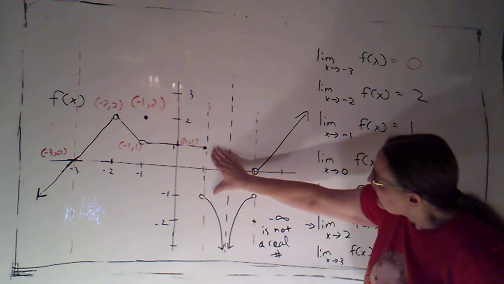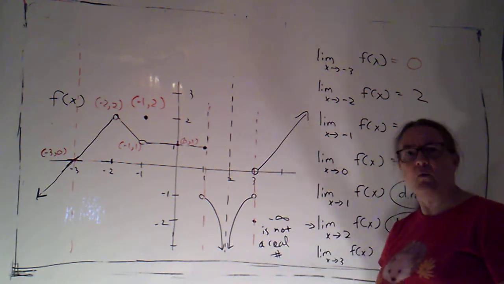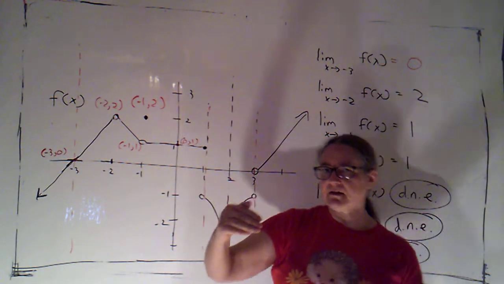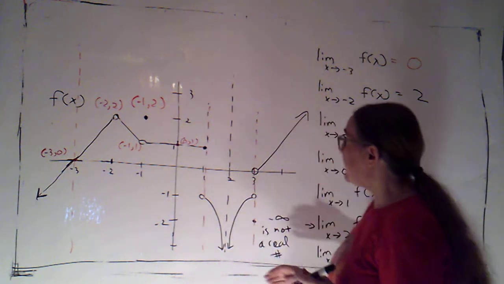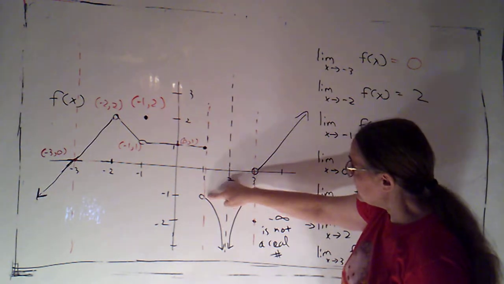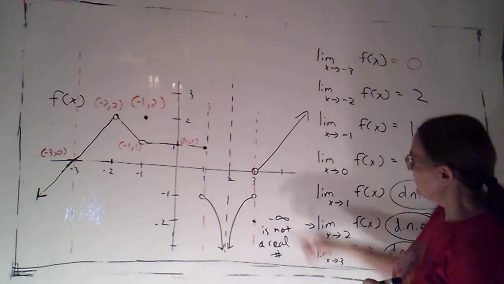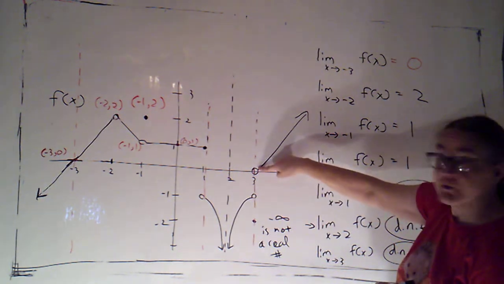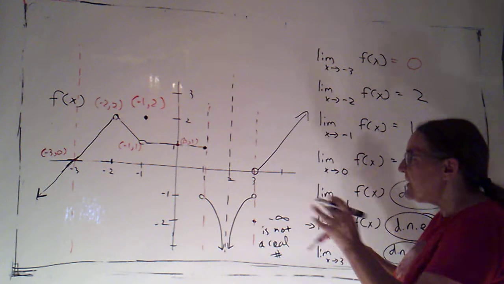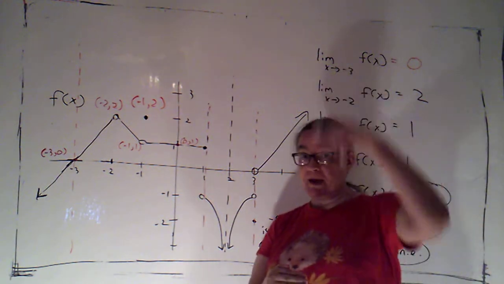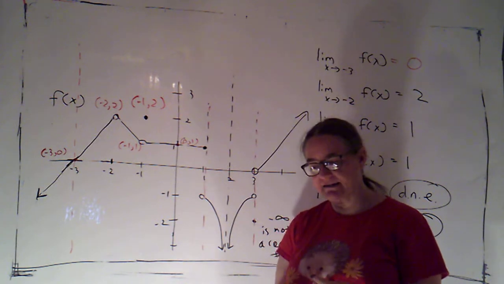Notice, here and here, we had the same sort of thing going on. We had that coming in from the left and coming in from the right, we expected different values. Here, we jumped from a point to a hole. Here, we also jumped. We jumped from a hole to a hole, and there happened to be a point somewhere else. Really doesn't matter. If you're jumping like that, so that you're expecting different values from different sides,